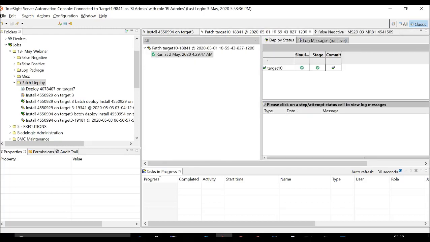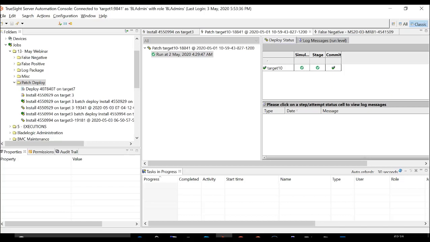There is one other option here. This is from a batch job, a result of one of the deploy jobs that I ran. As we can see, this job was successful, but when you check the phase here, this target, simulate, stage, and commit. If you see this commit sign, it is not like the other successful sign. When you see these two green arrows, it signifies that the job was successful, but there was a pending reboot.